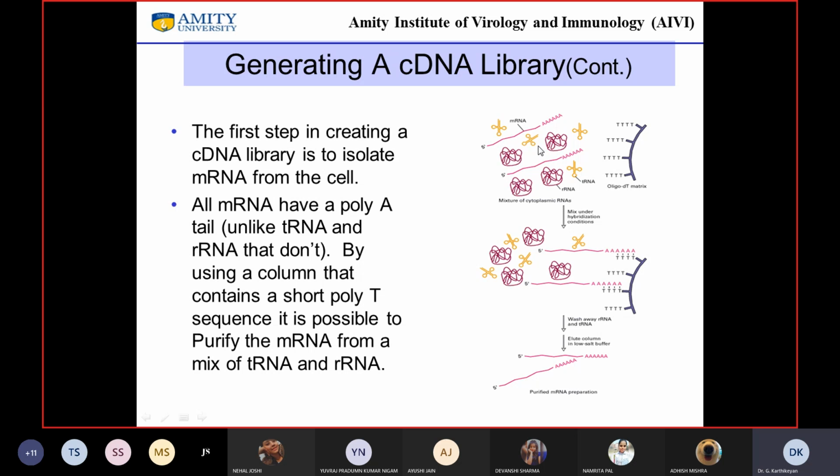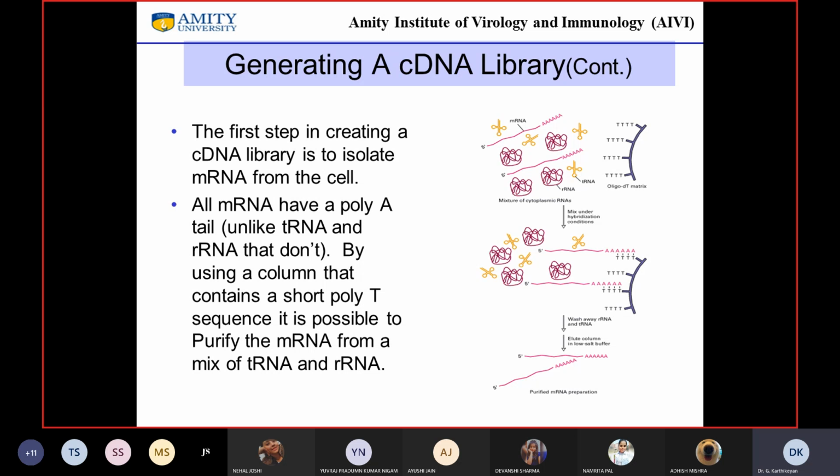This is ribosomal RNA, this is your messenger RNA, and this is your transfer RNA. Typically, messenger RNAs constitute only about 2%. Ribosomal RNA and transfer RNAs constitute about 98% of the cellular nucleic acid.